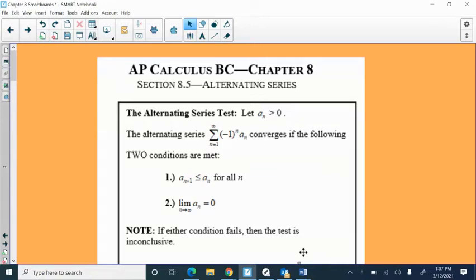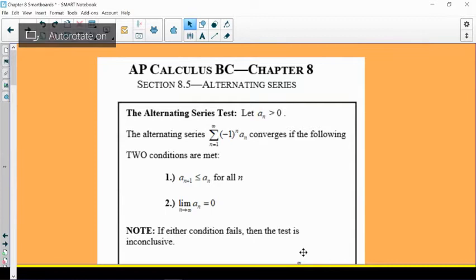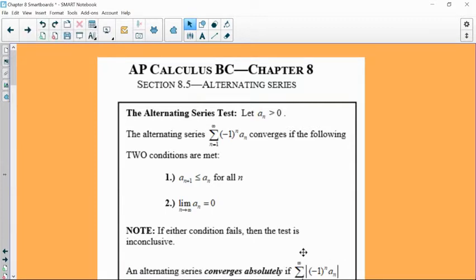Okay, so this is the first, I think, of two videos I wanted you to look at about alternating series. The thing about an alternating series is that it alternates from positive to negative. One of the hallmarks of an alternating series is a power of -1. That's probably the easiest way to make it alternate, although there are other ways, which we'll see. But anytime you see that -1 to the n, you're just going back and forth in